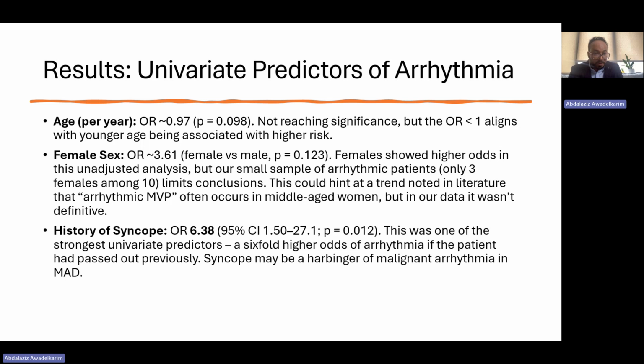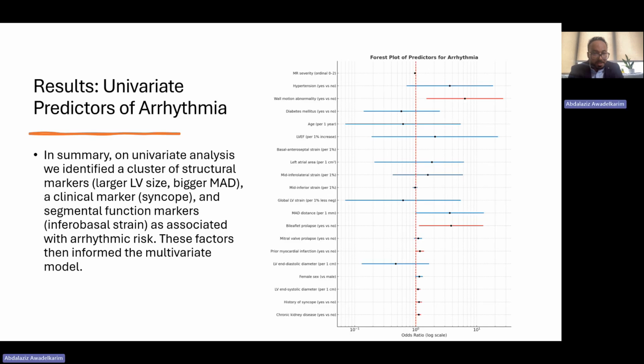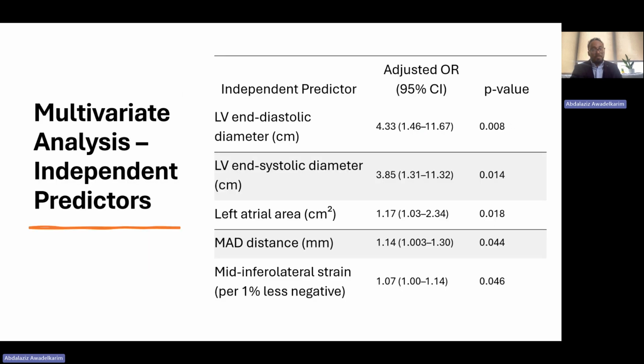There's a trend toward higher odds, but it was not significant. But syncope was significant, as I mentioned. And this is a forest plot to show the representation of the significant predictors on univariate analysis. And when we build up our multivariate analysis algorithm to see which are the predictors for arrhythmias,